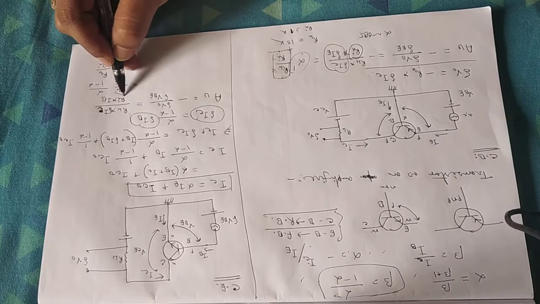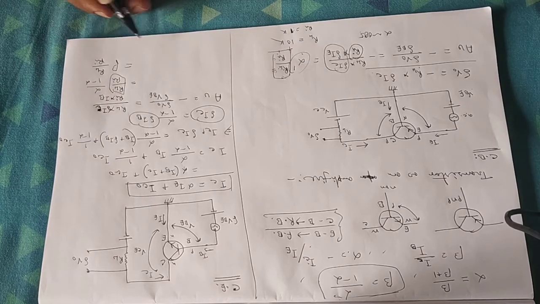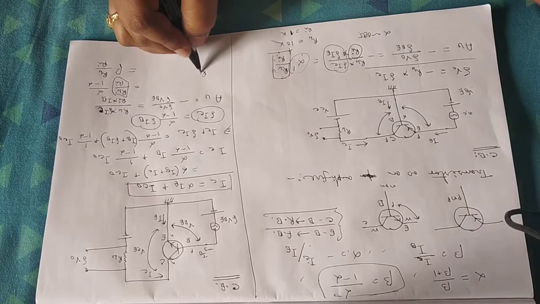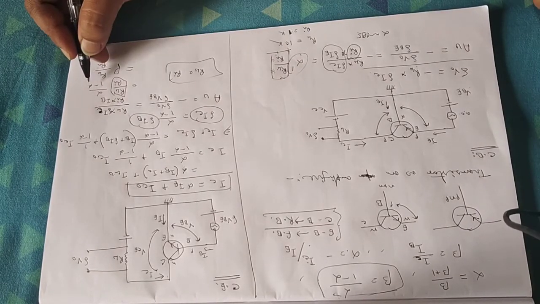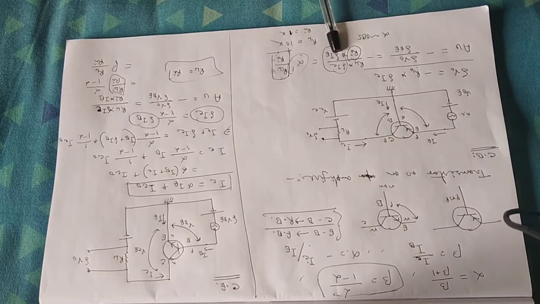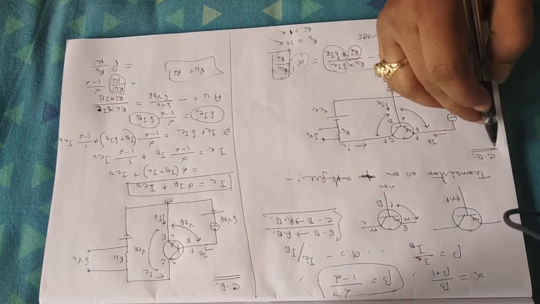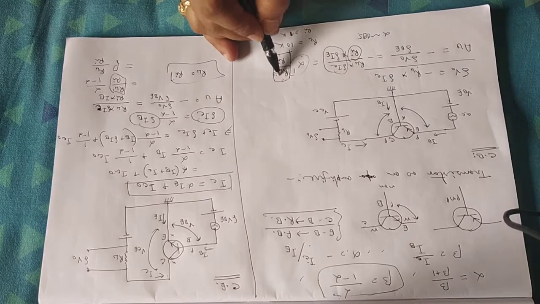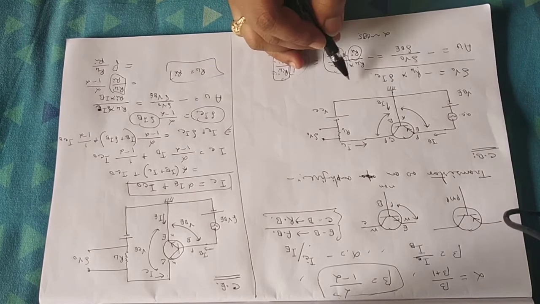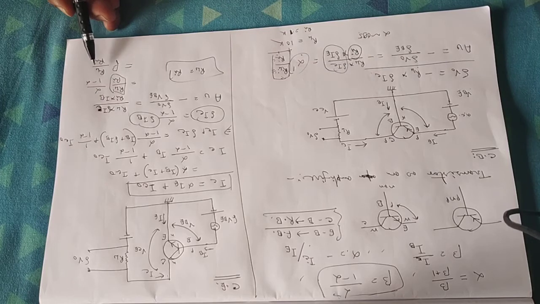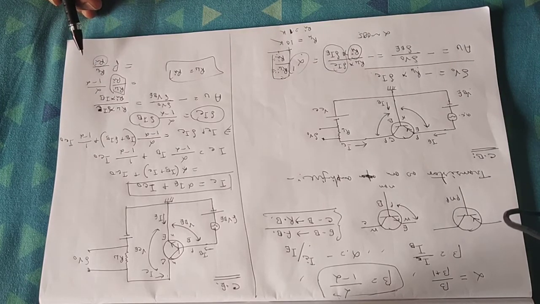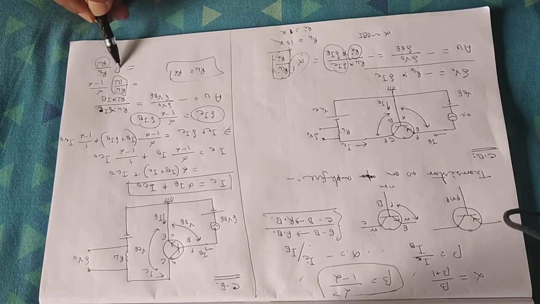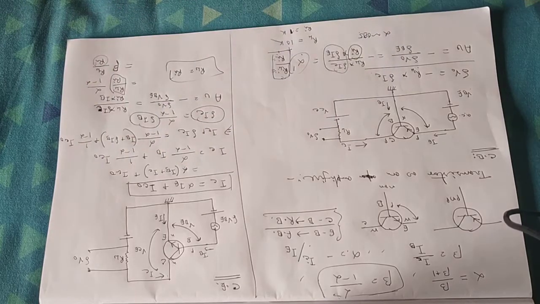So whatever be the value of RL by RI, if it is unity, that is RL equals RI, then also there will be some amplification because of the choice of the circuit. But in the previous case, the common base configuration, you have to choose RL and RI accordingly in order to get amplification. But here, whatever be the value of RL by RI, input resistance cannot be greater than the output resistance. However, if it is unity, then also because of the choice of the circuit, the value of beta is always greater than 1, so the amplification will be better here.